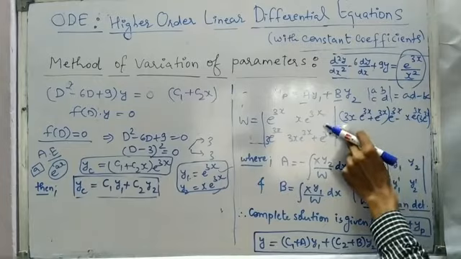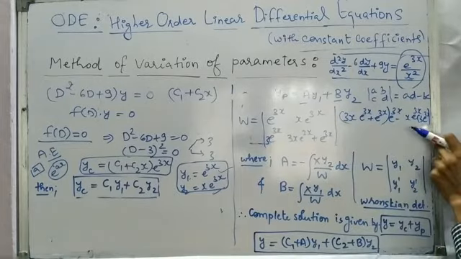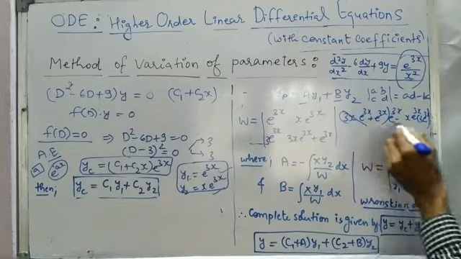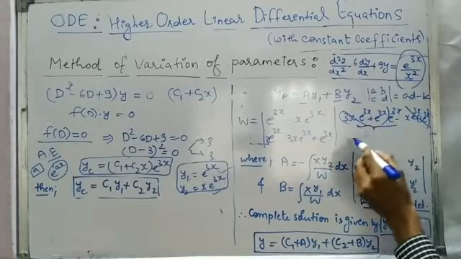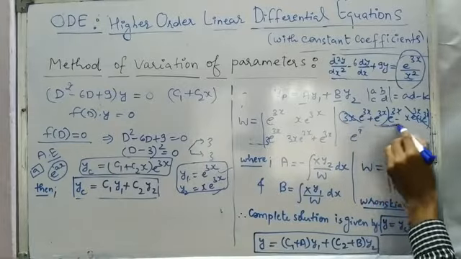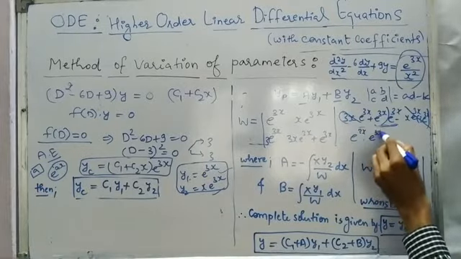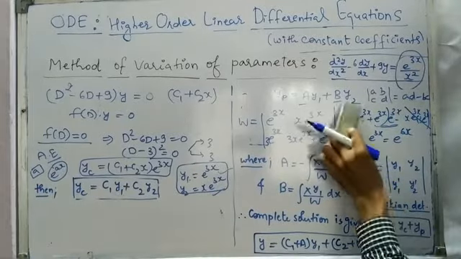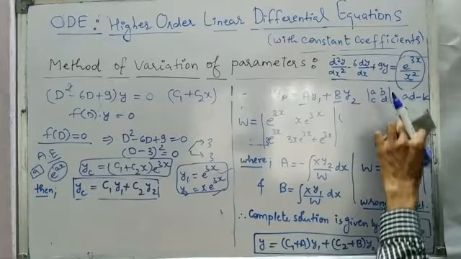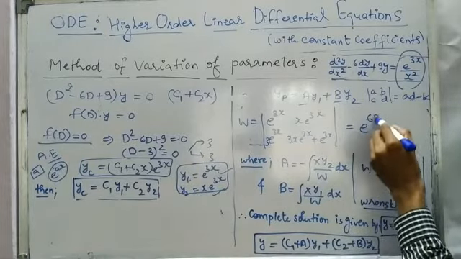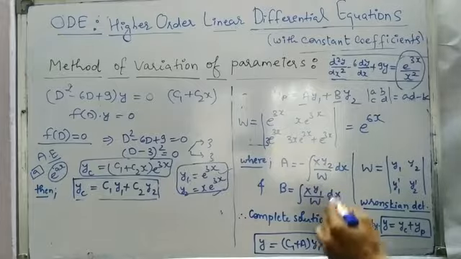So this is nothing but 3x e power 3x, and this is also 3x e power 3x and this 3x. So this term and this term will get cancelled. Only these two terms will be left over. So only this one term will be left over. So e power 3x into e power 3x, so this is nothing but e power 6x that will be left. So the determinant is going to come out as, the Wronskian determinant has the value of e power 6x. And now we have to calculate the value of a and b.